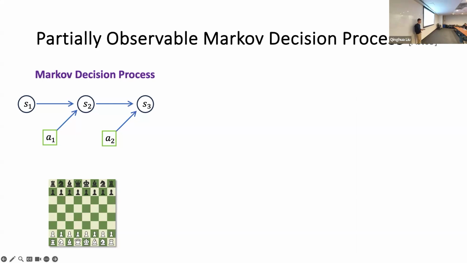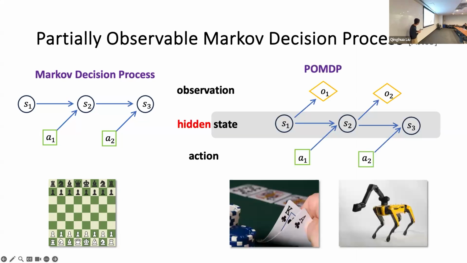It then takes an action. Depending on this action and the current state, the environment will transition to the next state. And we repeat this process again and again. So this is the standard model in fully observable reinforcement learning. The difference between MDP and POMDP is at each time step: instead of directly observing the ground truth state of the environment, the learner, the agent, only receives an observation, which is emitted from the current hidden state. All other parts are the same.